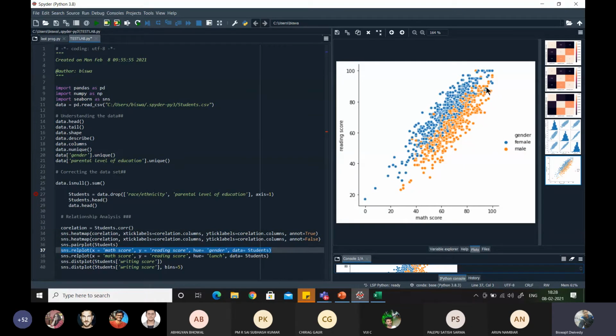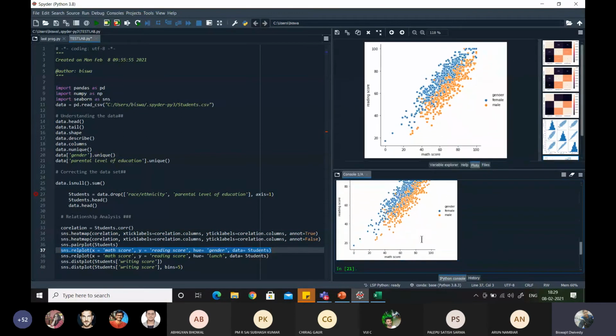From this also you can easily understand whose reading score is high, whose math score is high, whether that is a female or in which range. Suppose I want to find out in the 60 to 80 range whose math score is high. Definitely you can say the math score is higher for males. Male has higher math score. If you want to find out whose reading score is high, then female's reading score will be higher. So these types of interpretations and visualizations can be done from these types of analysis or commands.